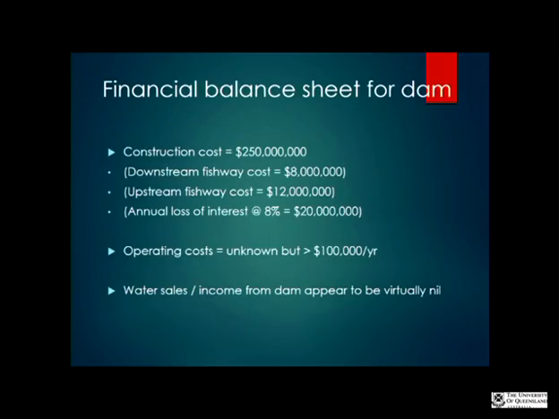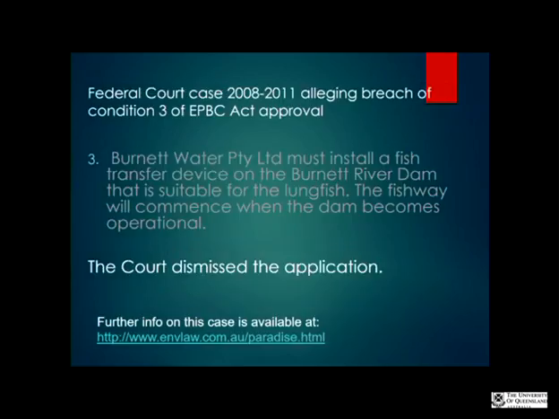Ironically, this fishway was not done on the cheap. I think this, for me, is probably the most outrageous part of it. They say that the downstream fishway cost about $8 million. The upstream fishway cost about $12 million. The operating costs are probably more than $100,000 a year, and it's still not operating. So, all of that money was thrown at it because it looked like a good design, perhaps. We ended up with something that didn't deliver any real mitigation effect in terms of the impacts on the lungfish.